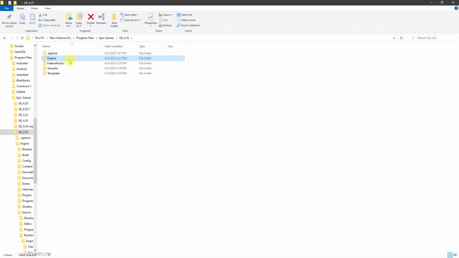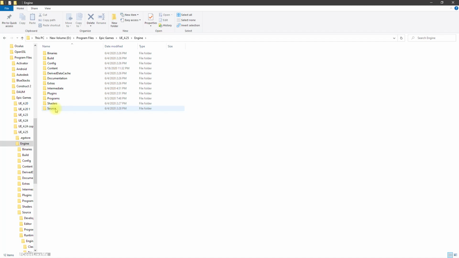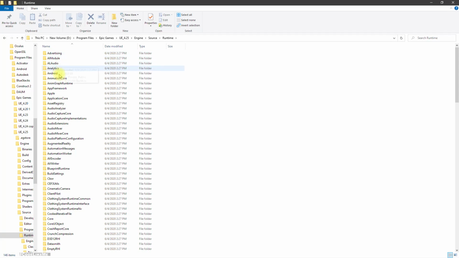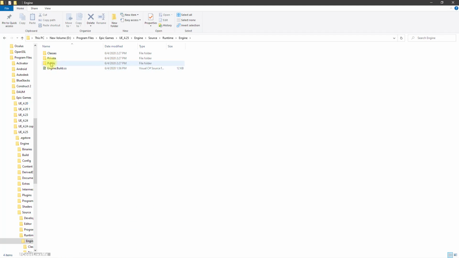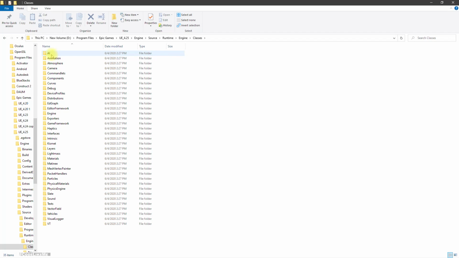So go to your install location of the Unreal Engine, then engine, source, runtime, again engine and classes. So here we have these components and interfaces, layers, everything. So copy this